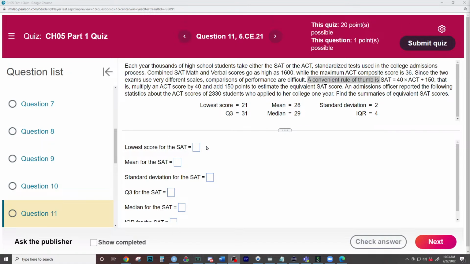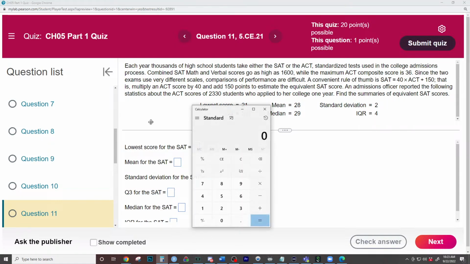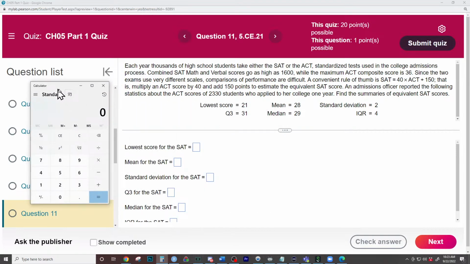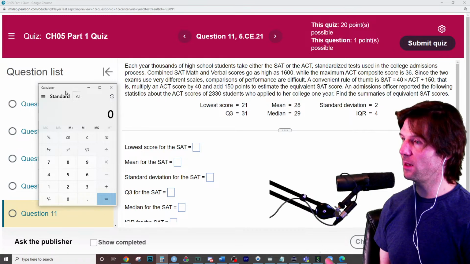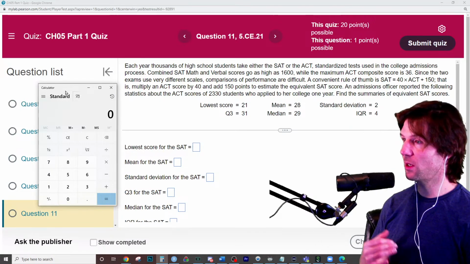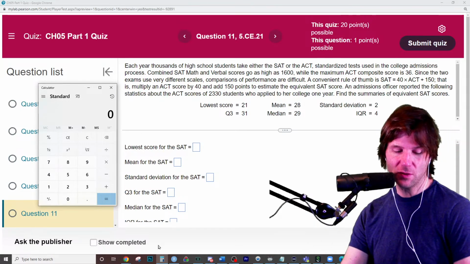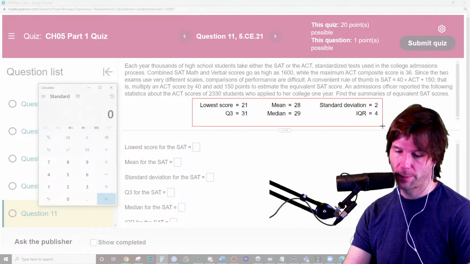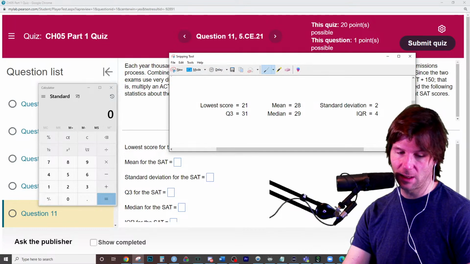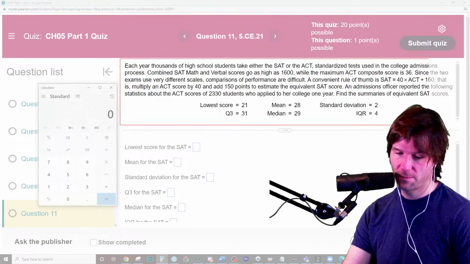So the lowest score for the SAT was what? The lowest score we can just run through this conversion formula. Let's take the lowest score. This works because these are positions in the data. You'll notice this for the mean, the max, the min. We can just convert these. Let's try converting all of these to start, the things we can convert. Let me grab the data too.